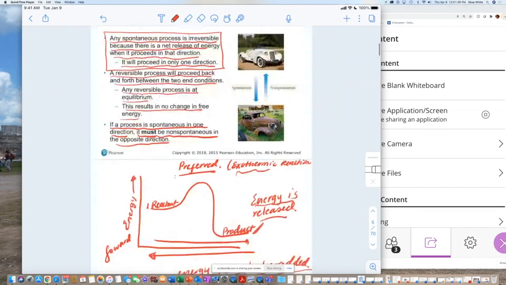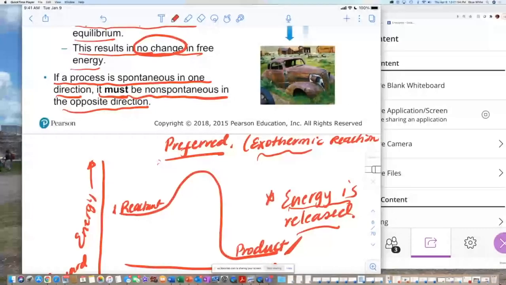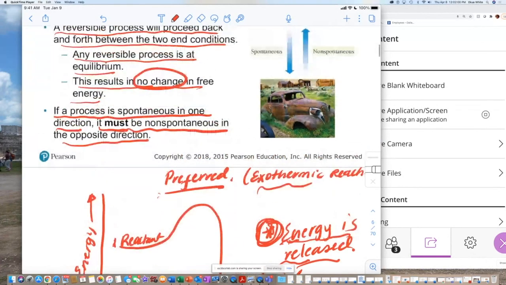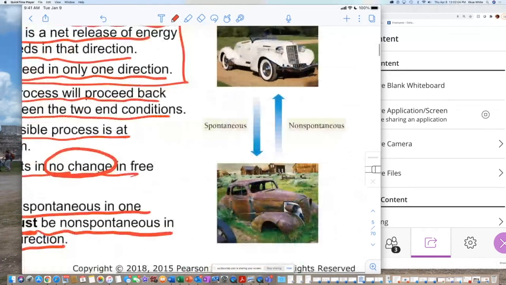Okay, so we're being told here that in a reversible reaction, you can't tell if a reaction is spontaneous or not, just because the reversible reaction results in no change in free energy. And we know that if a reaction is spontaneous, energy is being released. Okay, so we'll come back to this. I don't want to spend much more time on this part here. In this picture here, they're trying to show you how